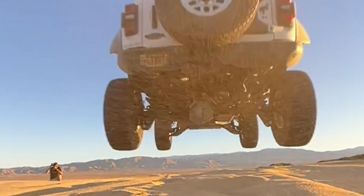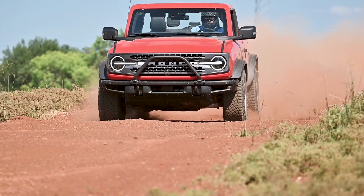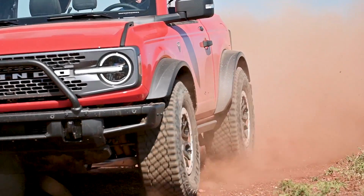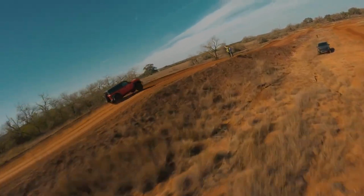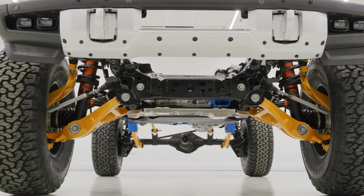Now, our next comparison is the most important one to me, and that is the suspension. Now, the current Bronco Wildtrak comes with the Haas 3.0 suspension, which features the 2.5 internal bypass Fox shocks, and it clears 35s, which is probably good for most people out there. But on the other hand, you have the Bronco Raptor, which comes with the Haas 4.0 suspension, and that is a complete game changer. Mainly due to the fact that you get the 3.1 inch diameter Fox live valve shocks